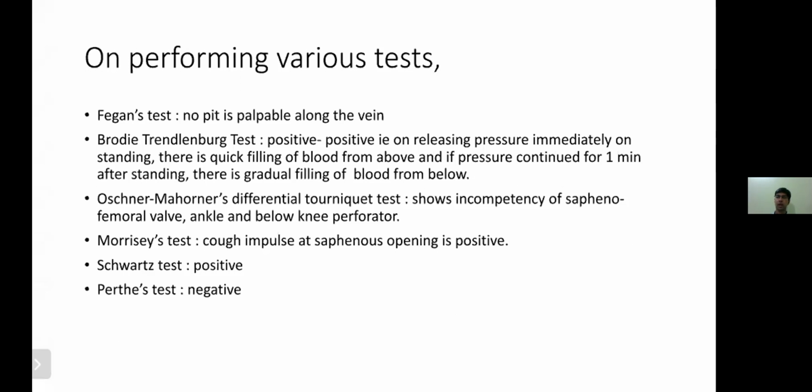Perthes test is used for diagnosing DVT. In DVT, you tie a complete elastic crepe bandage over the whole leg, especially the calf. You ask the patient to walk for 3 to 5 minutes. If there is a tight bursting type of pain in the calf, it suggests DVT, because the blood is not emptied through the antegrade flow because of DVT, and because of the crepe